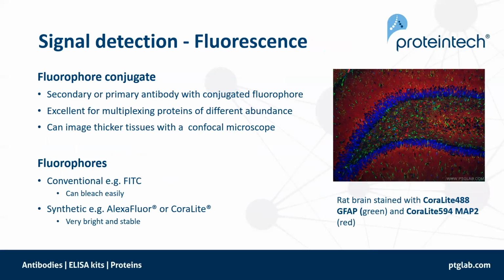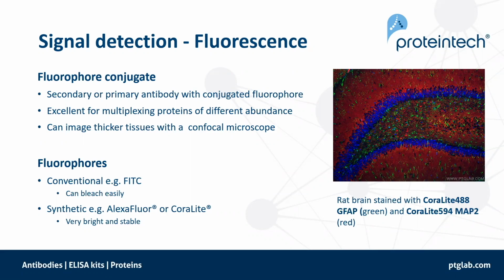So with your fluorescence signal detection, we have a fluorophore conjugate. So here you have your secondary or your primary antibody, which can be conjugated with a fluorophore. And typically fluorophores are excellent if you're multiplexing proteins of different abundance because they have the ability to look at tissues with a wide dynamic range of abundance. So you can see low abundant proteins and highly abundant proteins in the same sample. You can also image thicker tissues when using a confocal microscope because you're able to Z-stack through the tissue and then flatten it,